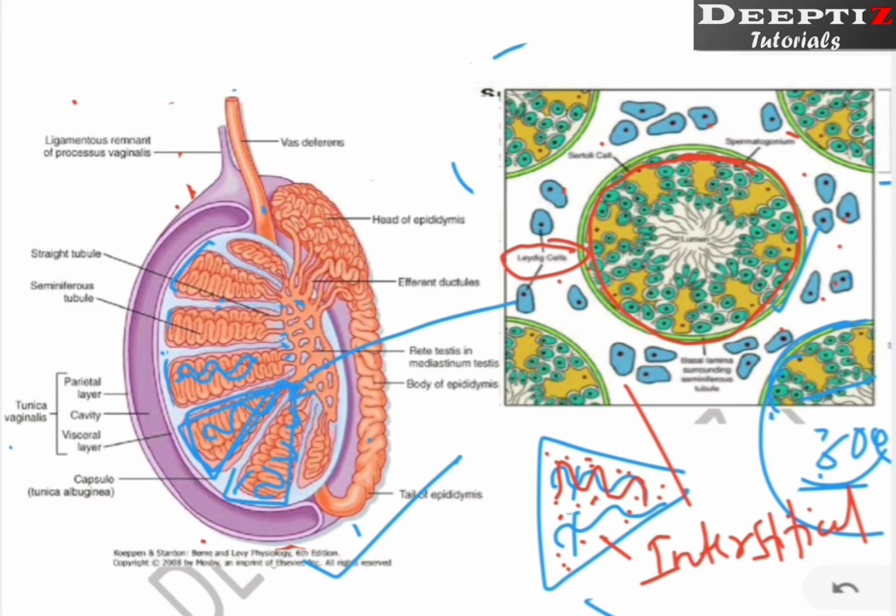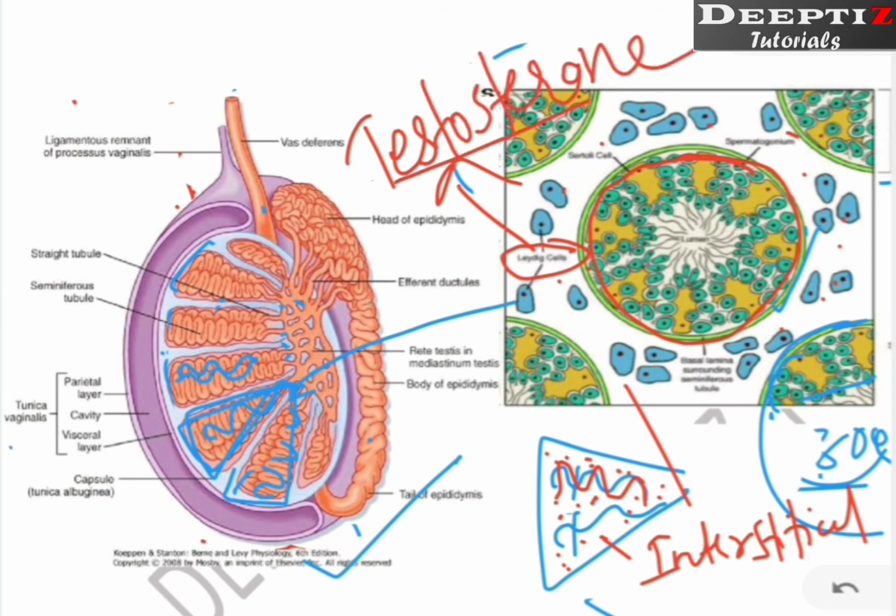So what is the function of these Leydig cells? The Leydig cells are the cells which produce male sex hormone such as testosterone, also termed as male androgen. This is the testosterone hormone. So how many things can we see inside this particular lobule? In the lobule there is the seminiferous tubule, and surrounding the seminiferous tubule there will be interstitial space. This entire space, what does the space contain? The space consists of these types of Leydig cells. Function of Leydig cells is to produce testosterone.